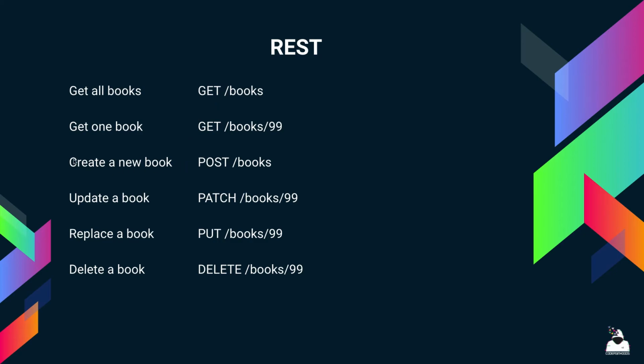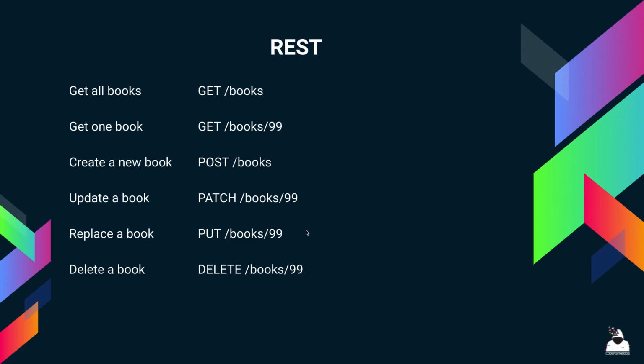If you want to create a new one, so if you want to post a new book, you would just do a post. So you would say, okay, I don't need to get any information about a book. I don't want to update an existing book. I want to create a completely new book. So you would use post. If you want to update a book, you would use either put or patch. Most of the projects would use put, because that's just what is used. There are some projects that will use patch, especially much larger projects where they need to differentiate between put and patch. But patch is not used as much as put.